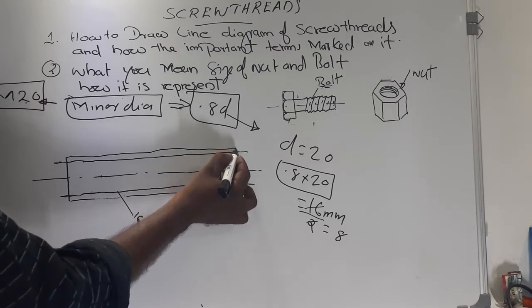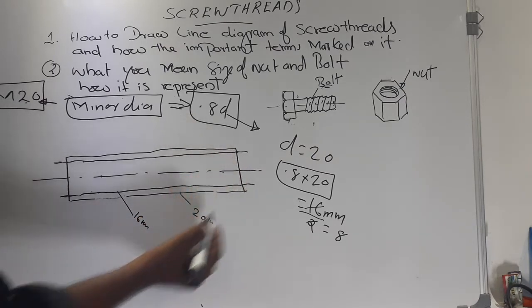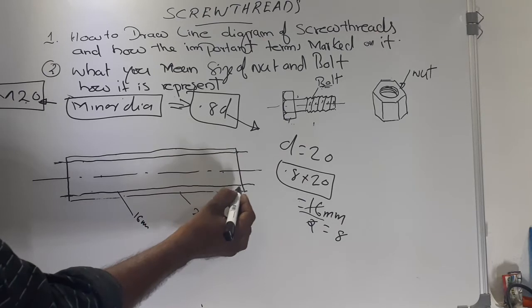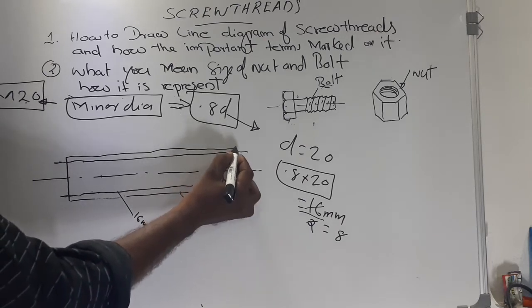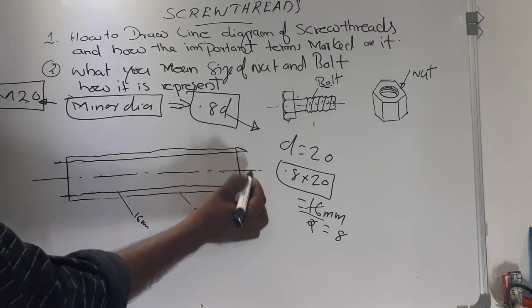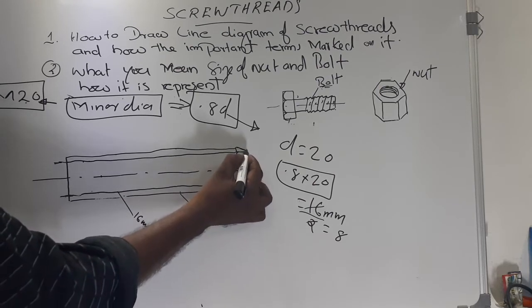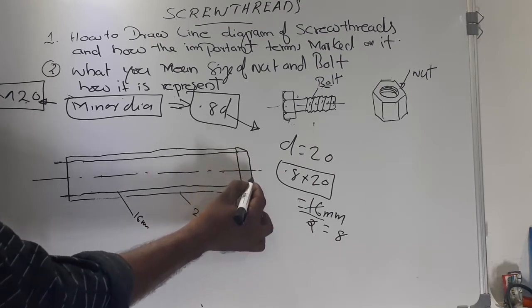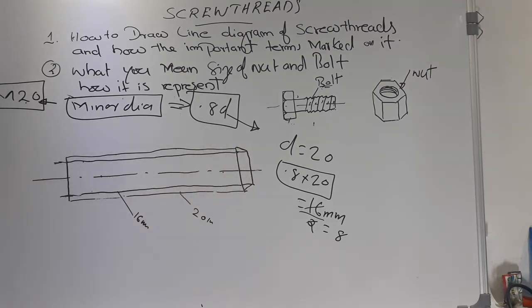Now joining the outer line. Same way, we have to join this edge and now joining a vertical line connecting the minor diameter. Similarly, here I am drawing a vertical line for